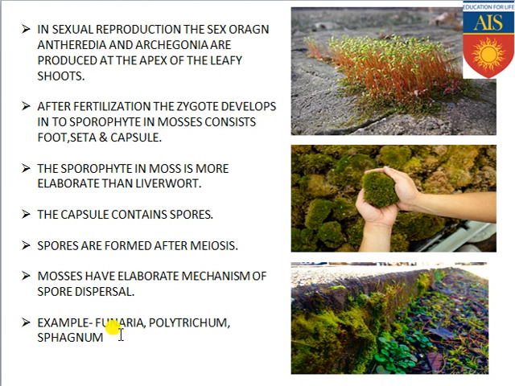Examples of the mosses are Funaria, Polytrichum and Sphagnum. These are the common types of mosses which can be found here and there. So here I have shown some specific actual figures of the mosses. These are the mosses containing the stalk-like structures, that is the gametophytic and sporophytic stage. These are the mosses taken within the hand, and these are the mosses which are growing on the surface of